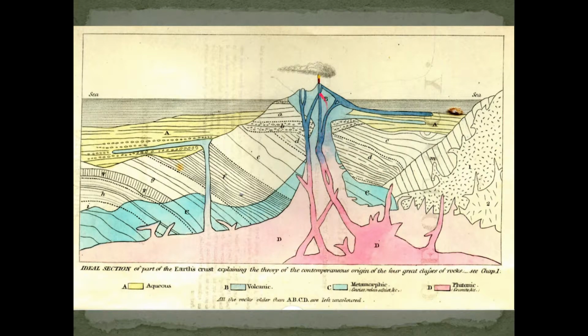Then up here it kind of turns into extrusives, they call it volcanic rocks, so this is the extrusive igneous rocks. You've got metamorphic rocks, so this is the stuff that's cooking, contact metamorphism right here because it comes into contact with the magma. You've got aqueous up here. Those are the sedimentary rocks that are being laid down up in the ocean. So really, really similar to what we know today.